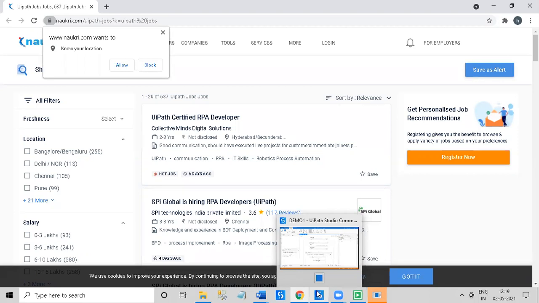Look, what will happen? I am going to create all this process in my system. If I want to run this process in your system, I will just deploy the same process in your system. I can send it through mail only, and once you click on that XAML file, the same process will be present in your Studio also.